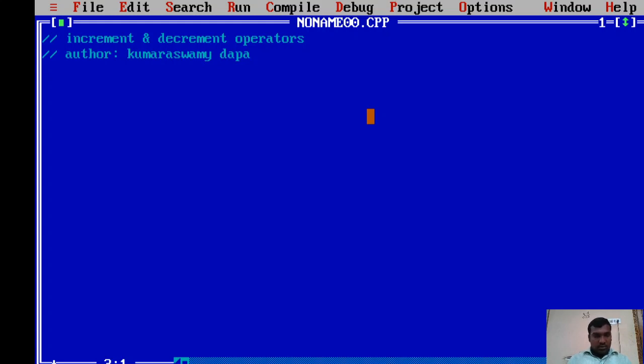I am writing some comment lines to describe this particular program, such as the aim of the program.